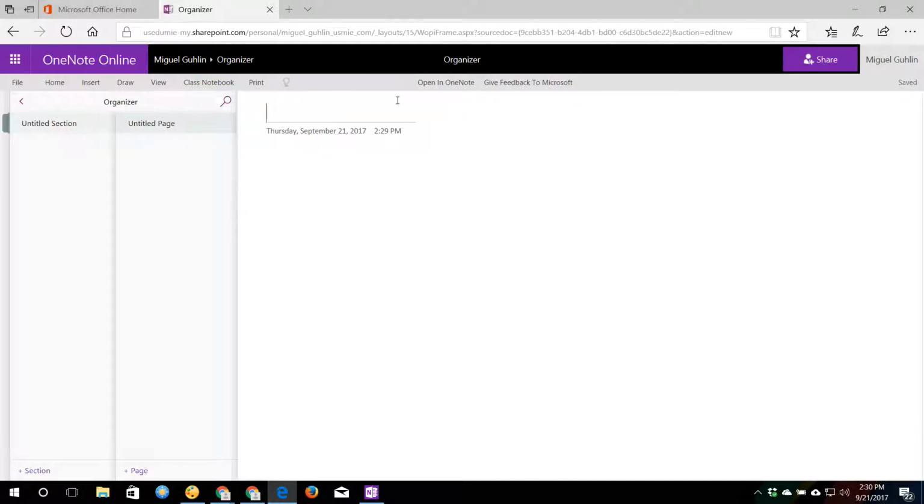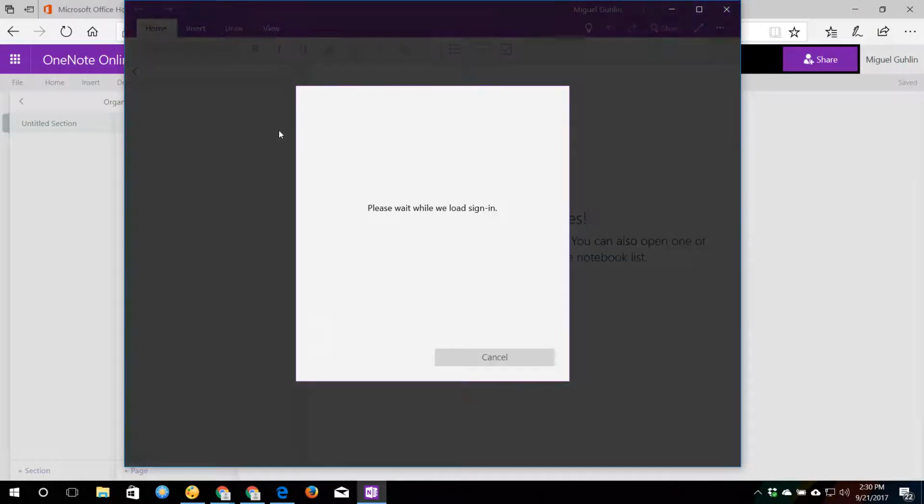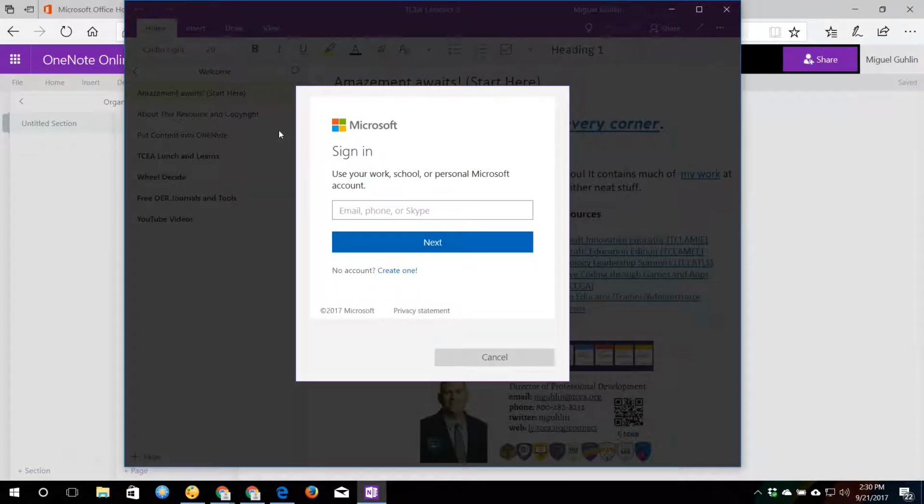So before I do anything else, I'm going to come over here to where it says Open in OneNote, and what I expect to see happen is that OneNote on my computer, which is down here, is going to actually open up. So I've gone ahead and closed it. Now let's see what happens. I'm going to click on Open in OneNote. You'll notice it brought up OneNote, and one of the first things that it's going to ask me is, what account are you using with this particular